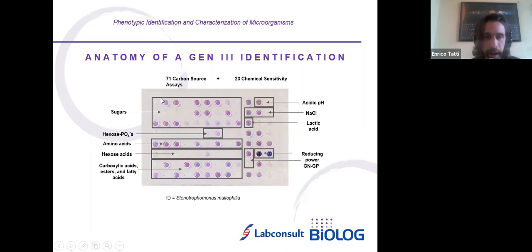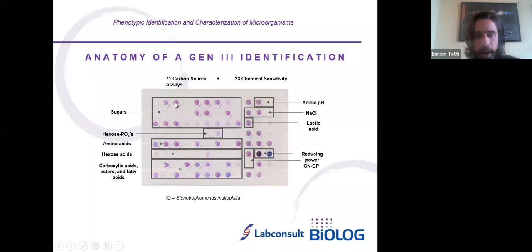Here it is illustrated in a bit more detail. We have a section with simple sugars, and sections with amino acids, hexose acids, or carboxylic acids. Then there are the chemical sensitivity assays, with pH tests, sodium chloride tests, lactic acid, and antibiotics. Why were these tests chosen by Biolog? Well, because after many years of testing and R&D, these were found to be the most discriminating tests that you can do. And you can see this metabolic fingerprint here, with the purple color formed